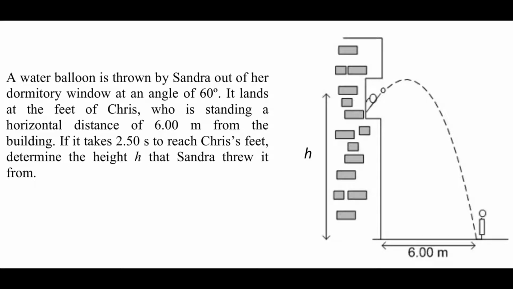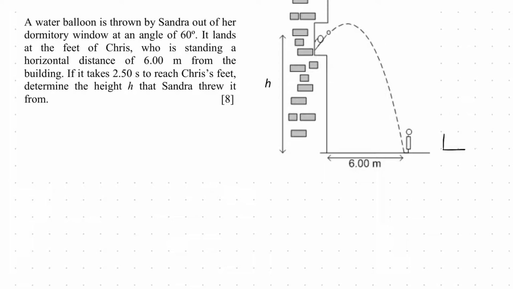Here we have a projectile motion problem, so go ahead and pause the video to read the question before we get started. The first thing we'll do here is define a positive x and a positive y direction, as well as identify our two moments in time. Moment in time 1, when the water balloon is thrown out the window, and moment in time 2, when it